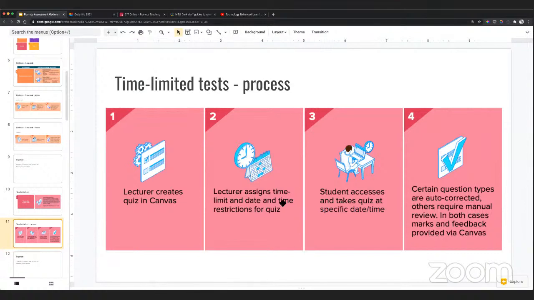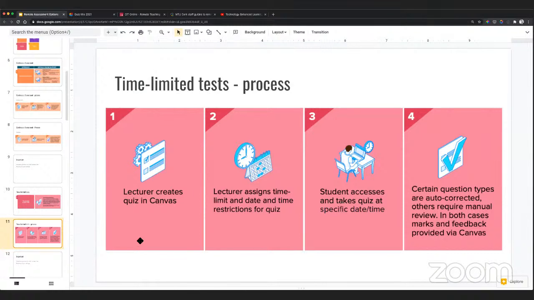And really the main thing there is you're talking about time limitations here, and usually it is recommended that a lecturer would be at hand in chat, which is another feature in Canvas, the chat area, just to be on hand if students have any difficulties. So we all have to be cognizant that students may have connectivity difficulties from time to time, or may have questions about a quiz if they're taking it in this sort of time limited way. So it's good to be on hand in that sort of situation, especially if it's high stakes